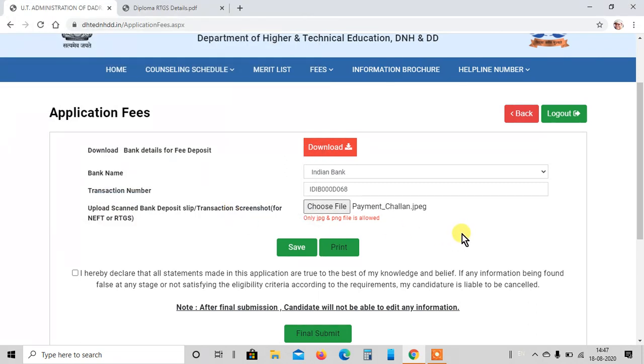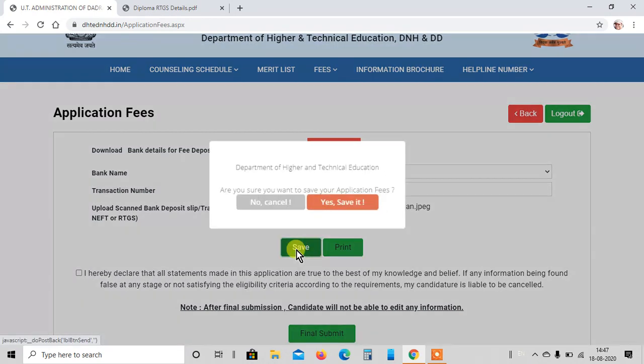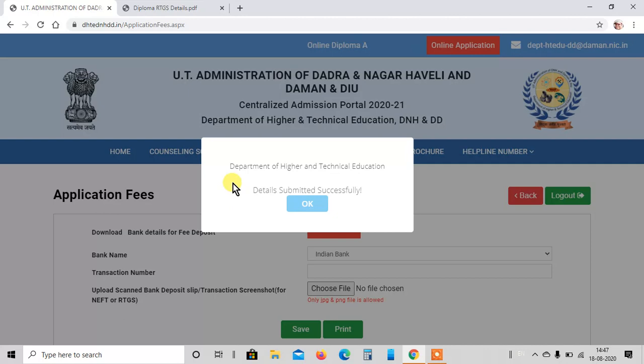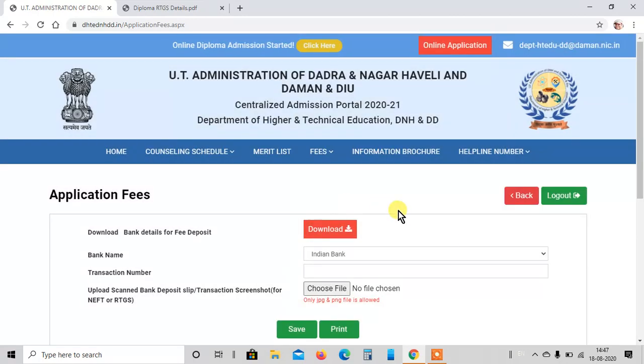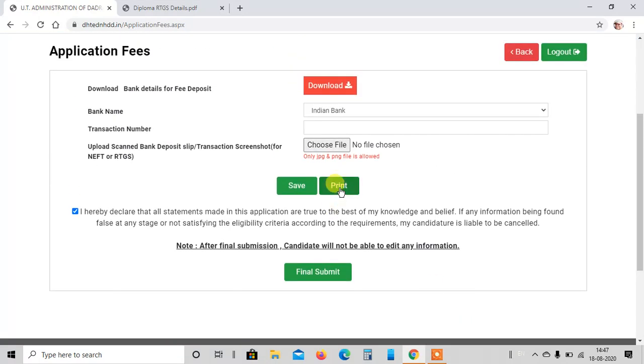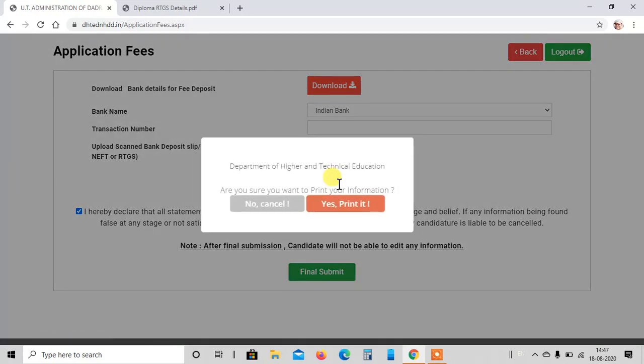So now my payment section is also completed. I will save it. It will again ask me whether you want to save. Say yes, and it will say the details submitted successfully. Now since I have submitted details successfully, I need to take the print of my application.